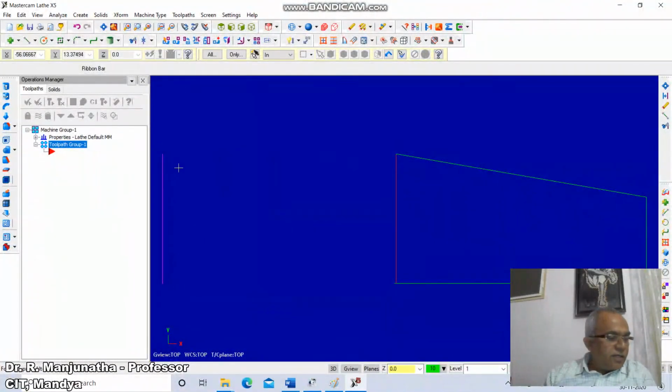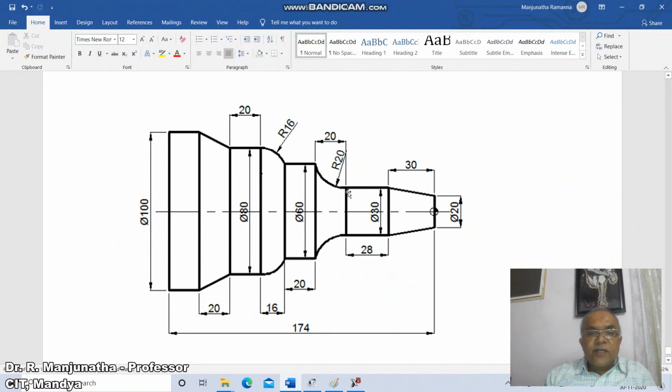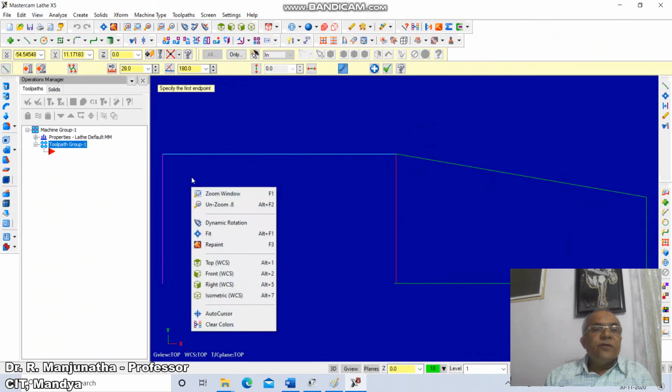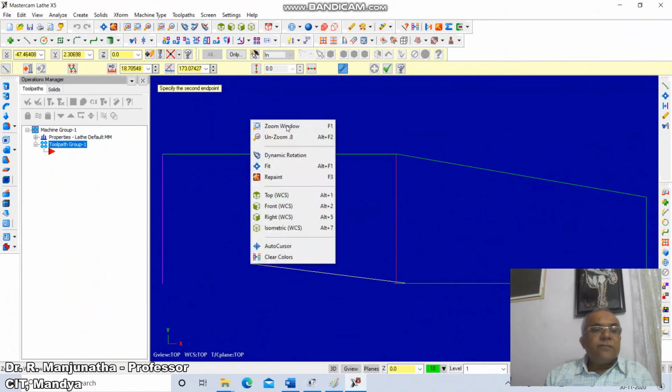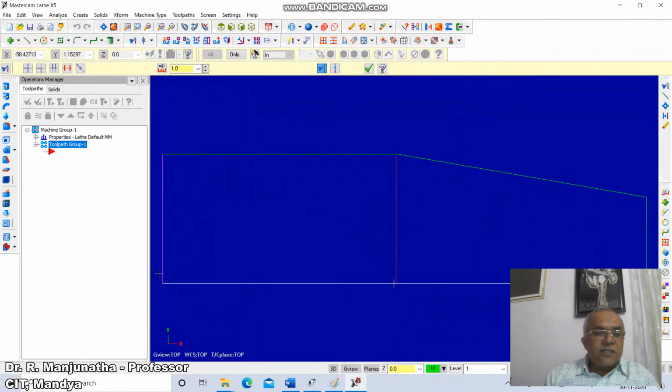From here you draw a line. From here to here it is 15, so already you are at 30. Draw a line from end point of this to end point of this. Then go to extend, select this line, extend till here. Now we got this.